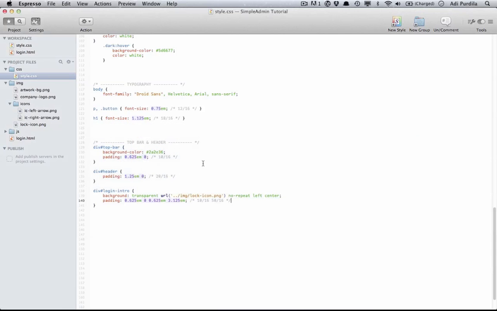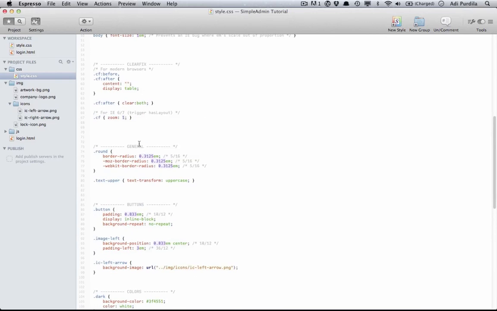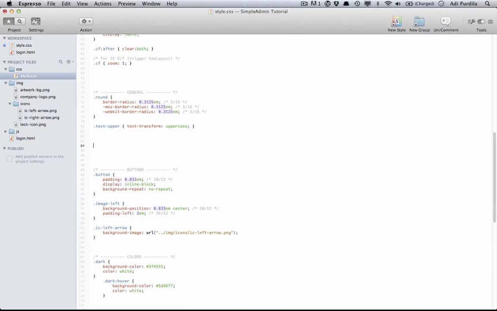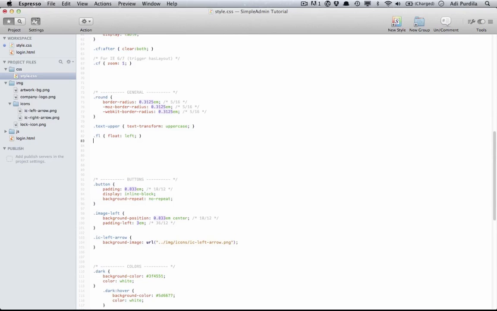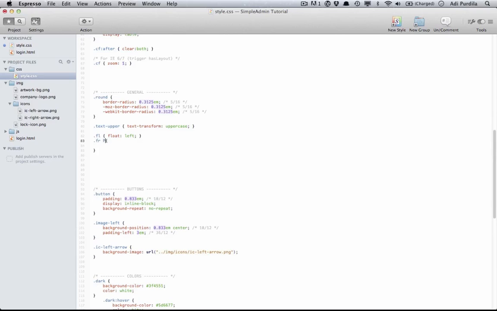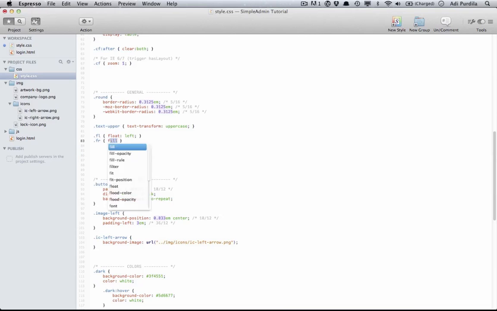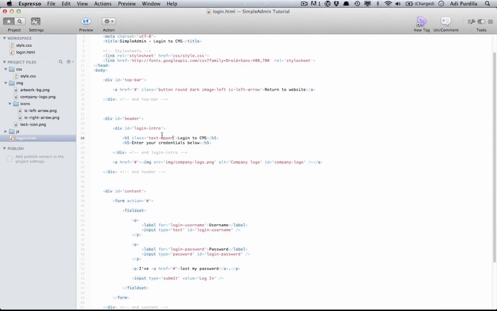So instead of setting individual floats in the CSS, I'll create a general style for the floats. I'm going to do FL, which is float left, and then FR, which is float right. So now go to login and set the login intro class FL